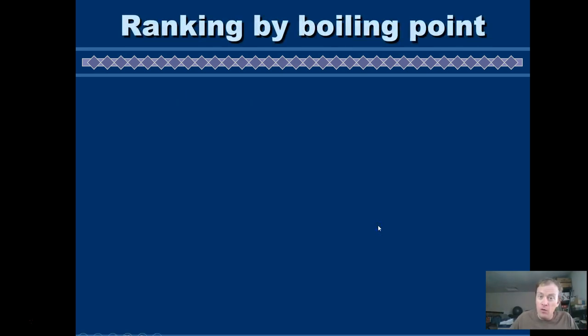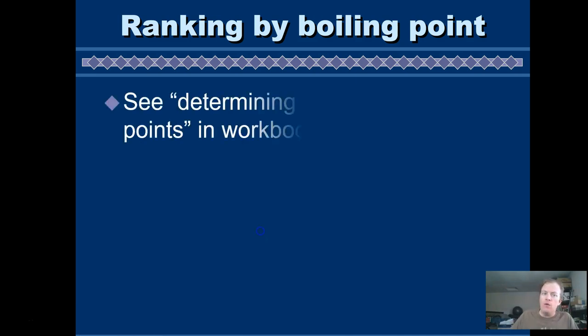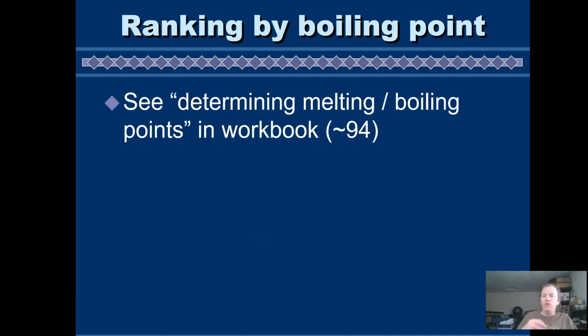Now, something we're going to have to do, and this is rather challenging, is looking at things and ranking them by their boiling point. And what makes it challenging is you really have to put a lot of stuff together that we've learned. But hopefully you'll be able to look at these different substances and roughly list them. Oh, this would have the lowest boiling point, and this would have the highest. Now, there's definitely some complexity to it and a lot of factors. I'm not going to go over it. We're going to go over it in class, not in this video,